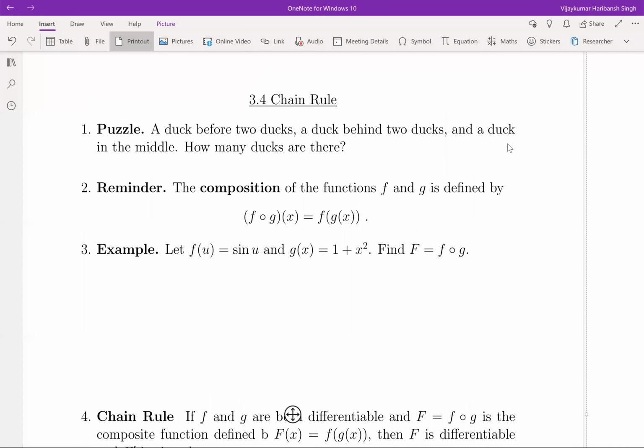So composition of two functions is defined as f of g of x. Let's see, if you have f of u as sine u, g of x is 1 plus x squared, what is the composition of these two functions? So we have